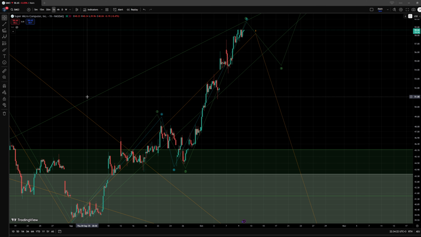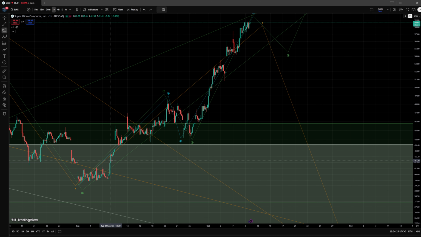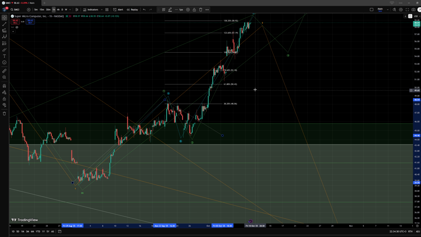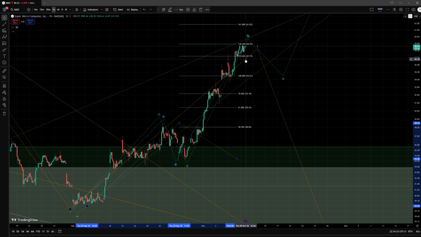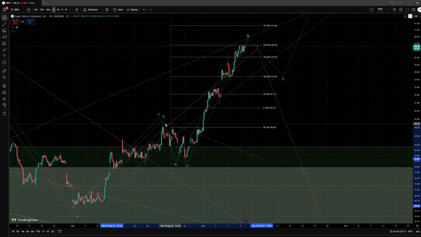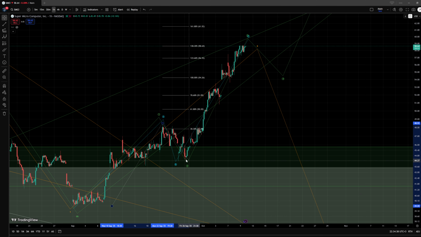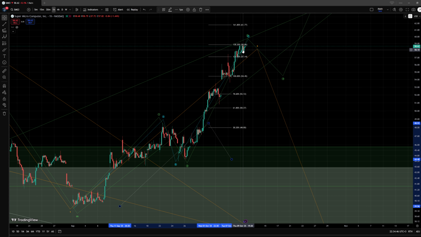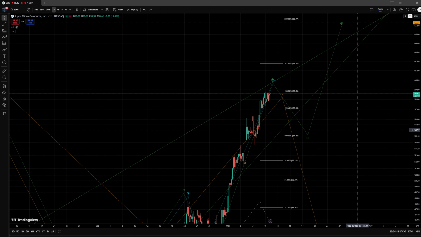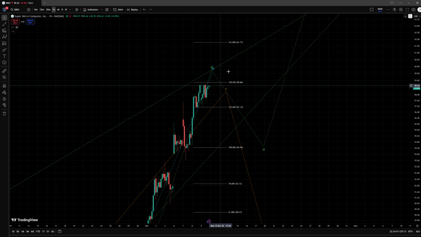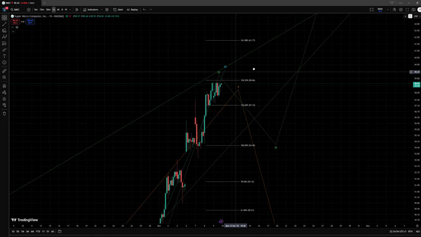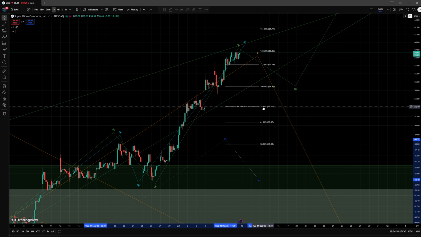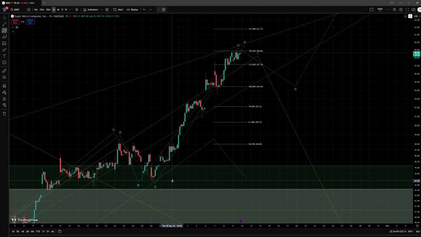especially since, let me remove this first, especially since we managed to break above or reach at least the 138.2% extension here for a wave 3. Now, did I not draw that right? Maybe I missed the levels a little bit. I'm not exactly sure. I suppose we didn't quite reach that level just yet perfectly, but honestly, we got close enough to it for me to consider that it is a high reliability to be a wave 3,